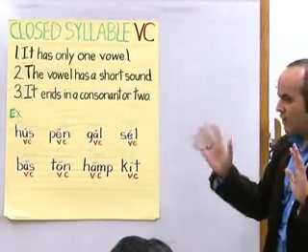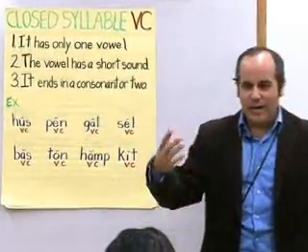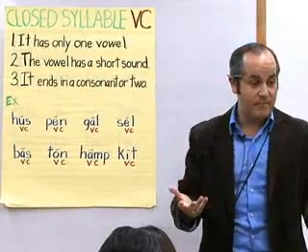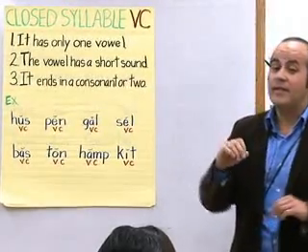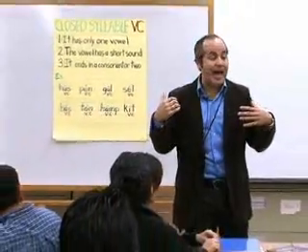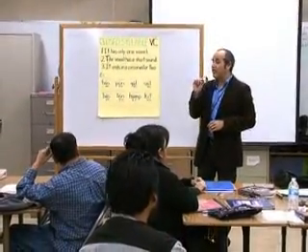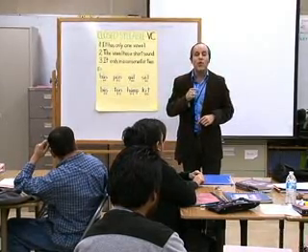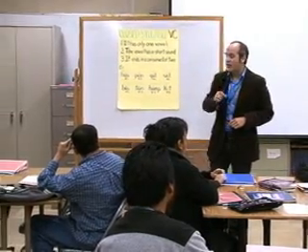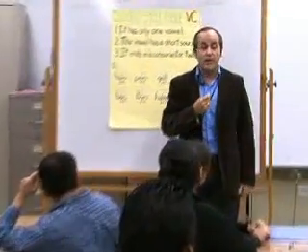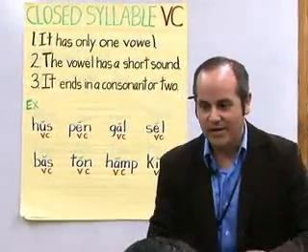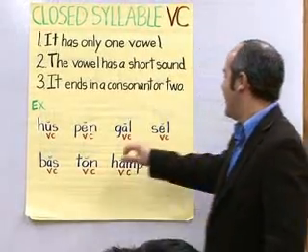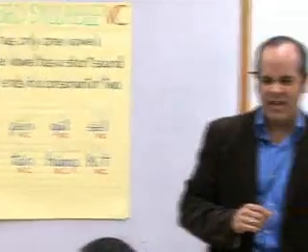Okay? Let me just do a very quick review. I'm sure you already know, but let me just review what the short sounds are. The short sound for A is A. Repeat after me. Short sound for E is E. Short sound for O. Short sound for U. Remember? Okay. And the short sound for the I is I. Look at my nose. Okay. Now I exaggerate now